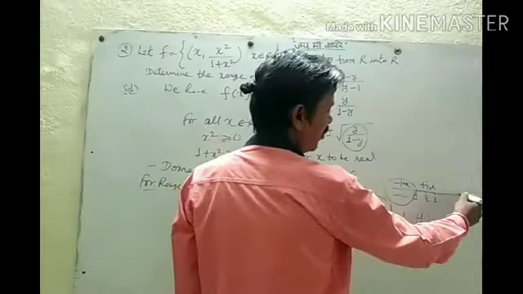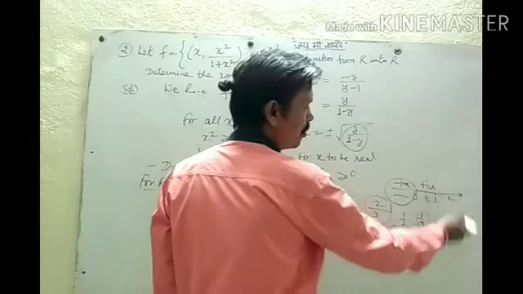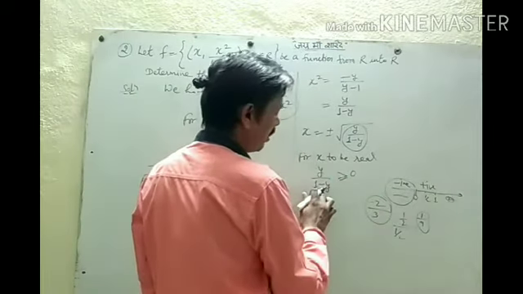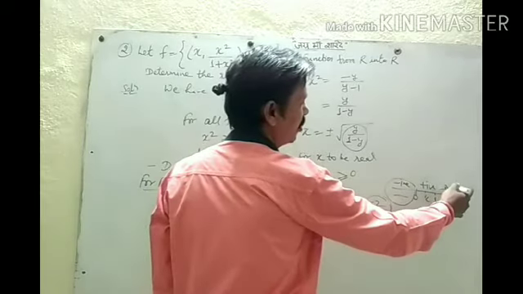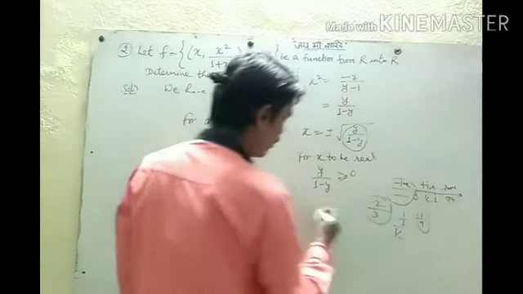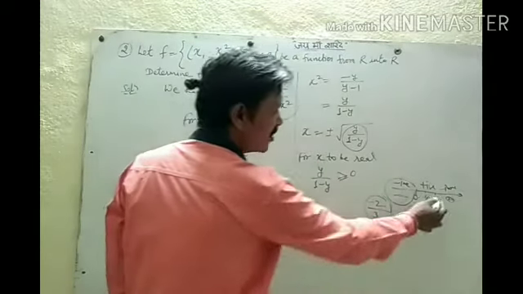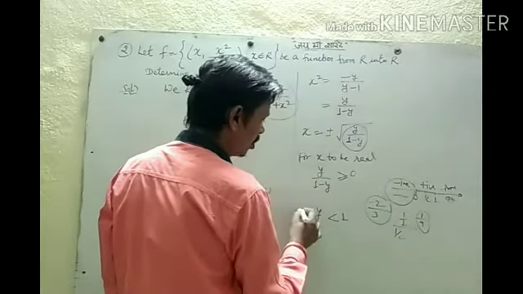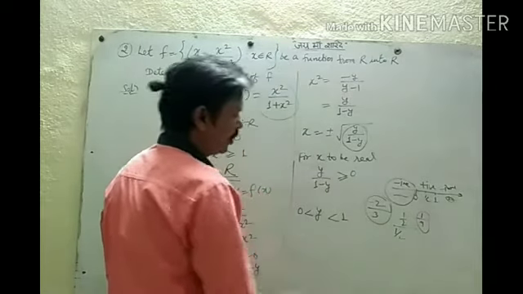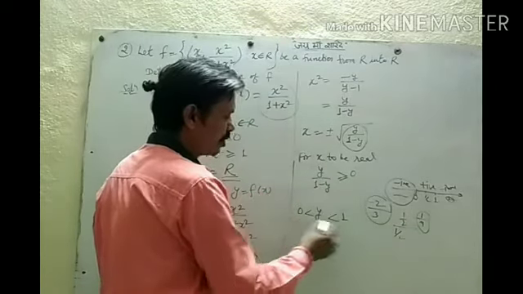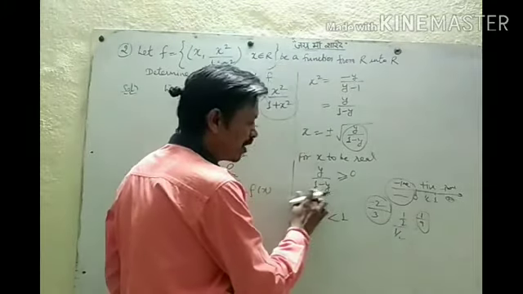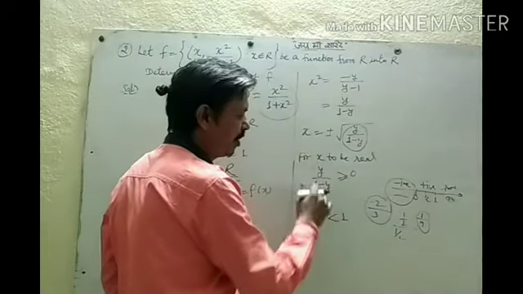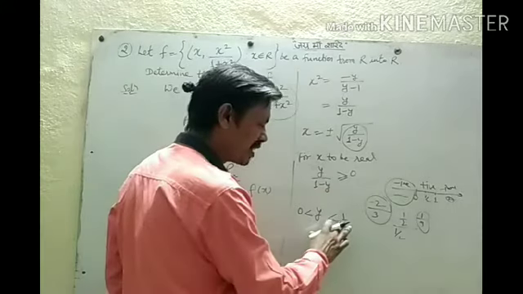Then from this part, if we take more than 1, suppose 2, so 2 upon 1 minus 2, 2 is positive, 1 minus 2 negative, so it will give a negative value. Means your y can be less than 1 and more than 0. So from this we get y more than 0, less than 1. Y can be 1? If y is 1, then the denominator becomes 0, then it will not be defined. So y cannot be 1, so y will always be less than 1.